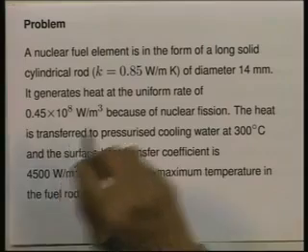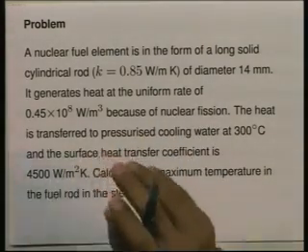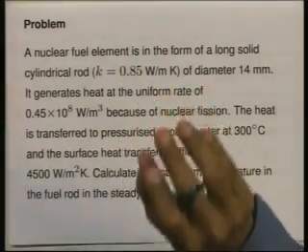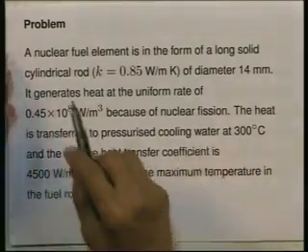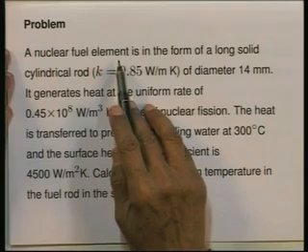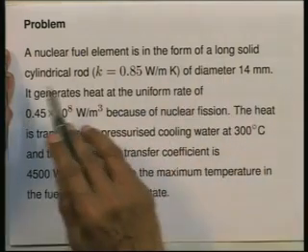All right. Now, let us do a numerical example, just to illustrate ideas and to substitute into the formula that we have just derived. Here is the problem that I would like you to do, and let me just dictate it, so that you can take it down. The problem is concerned with nuclear fission, a nuclear fuel rod in which fission is taking place, and it is as follows. It says a nuclear fuel element is in the form of a long solid cylindrical rod,